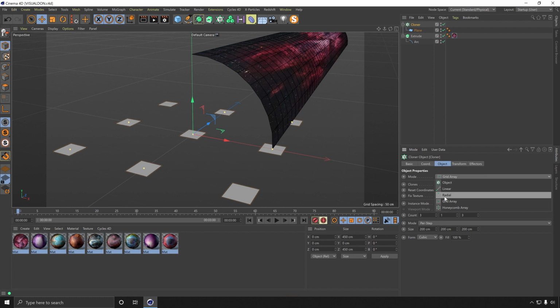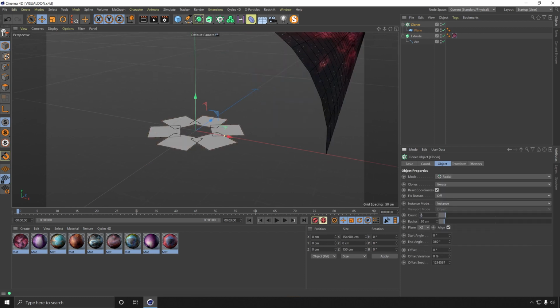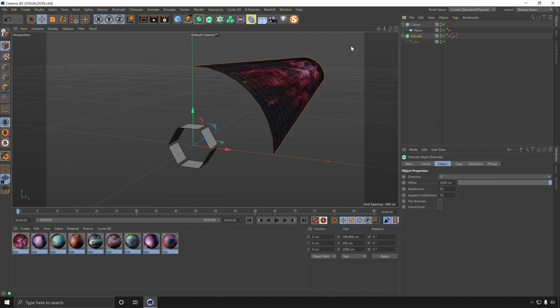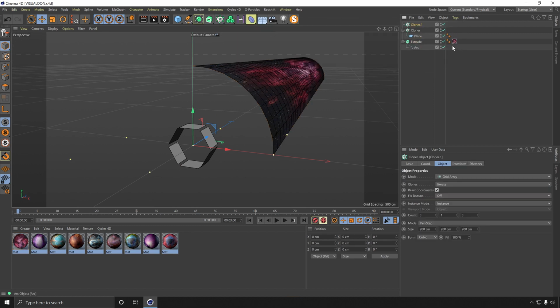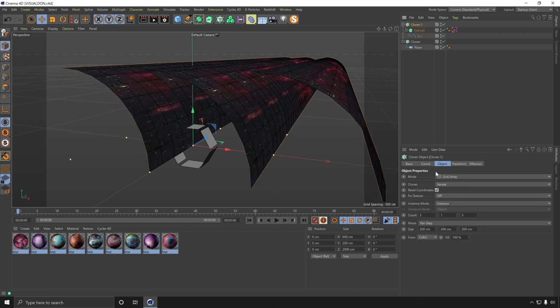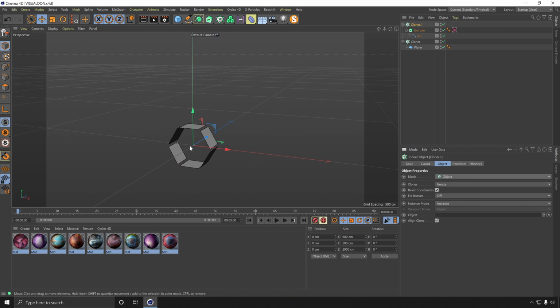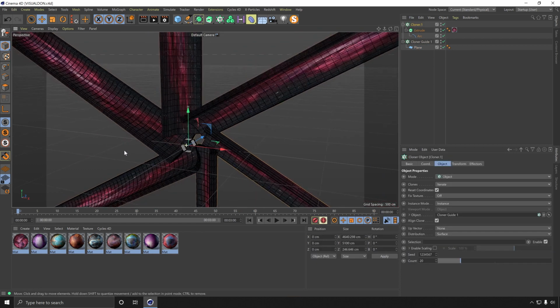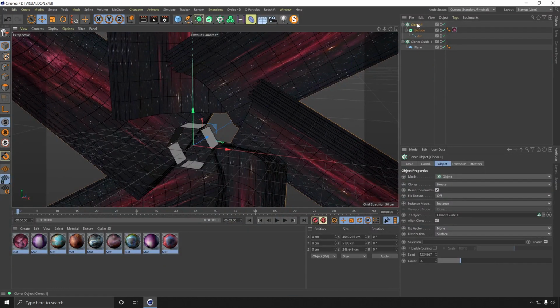change the mode to radial with the count at 6, and the plane is going to be XY, so it faces this direction. So then I can take the geometry itself, the original piece, and clone that, set the mode to object, and the object is going to be our guide plane. So this cloner we created earlier. So this is going to be the cloner guide number 1. We need to change a few things in the new cloner,